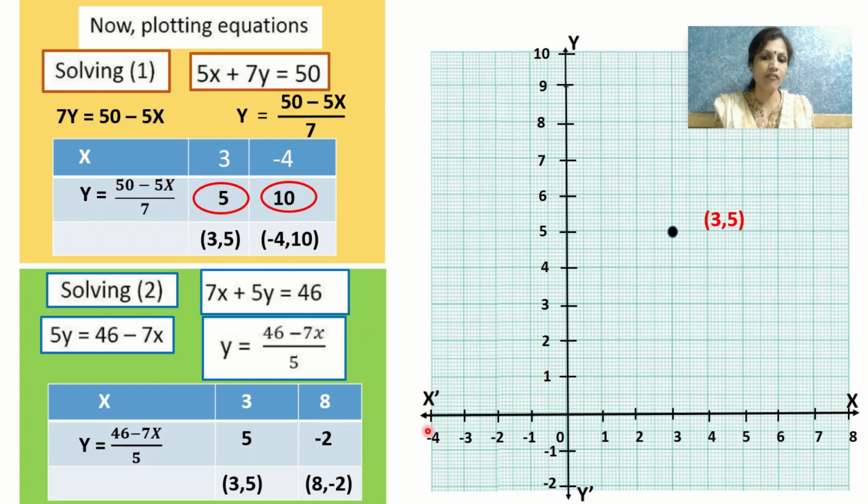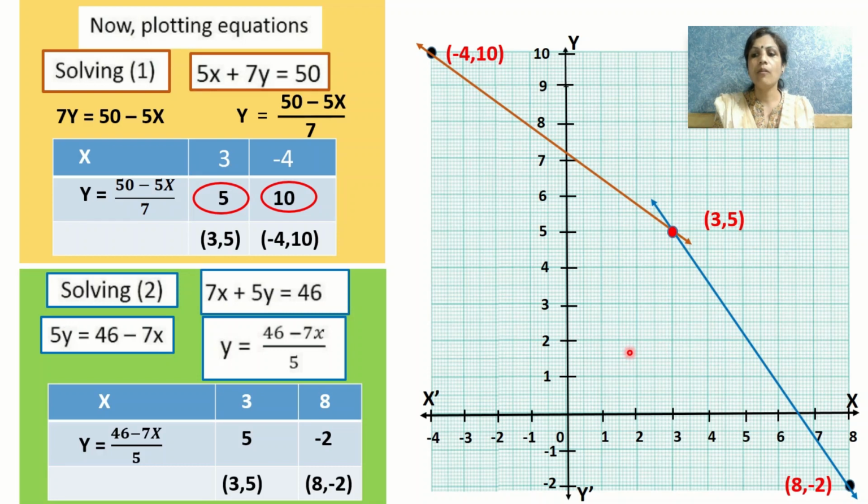Look here on the graph paper. -4 is towards the left side of the origin, and here the point is. Then we'll draw a line passing through both the points. Next point for the second equation is (3, 5), so here it comes. And next coordinate is (8, -2), and (8, -2) will come in the fourth quadrant in this manner. We'll draw a line passing through these 2 points also, and we'll observe that both the